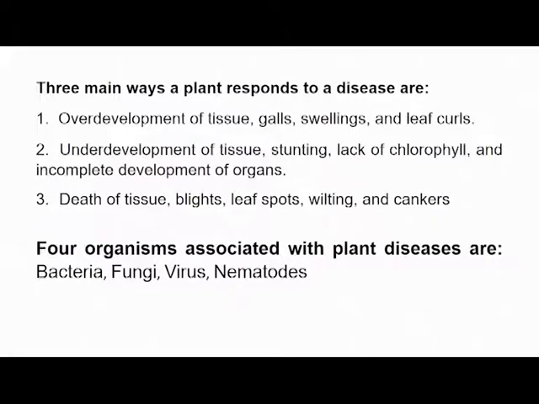Or it can be an underdevelopment of tissues, or maybe stunting, or lack of chlorophyll and incomplete development of organs. Yes, the plant organs, for example the stems, the roots, the leaves, or maybe the fruits of the plants, might be in an abnormal shape. And when we refer to the lack of chlorophyll, this is when